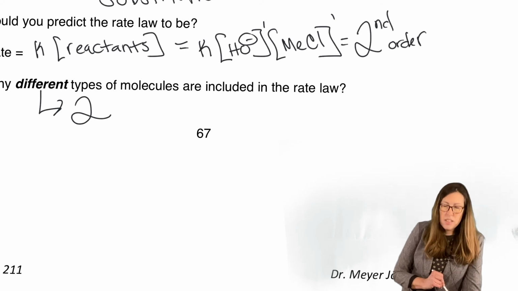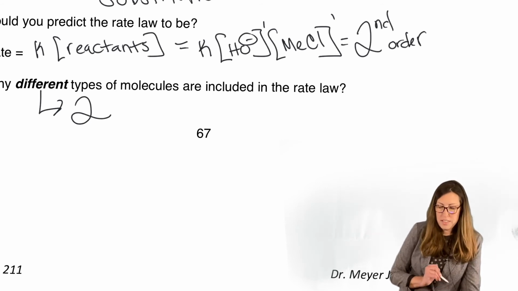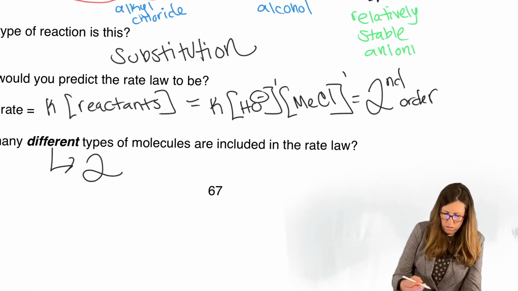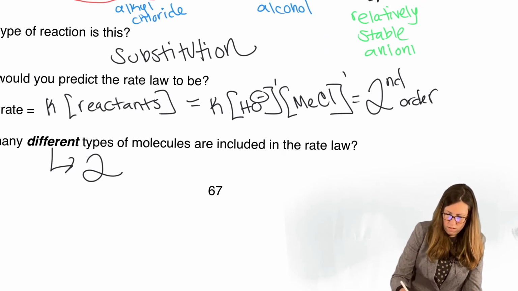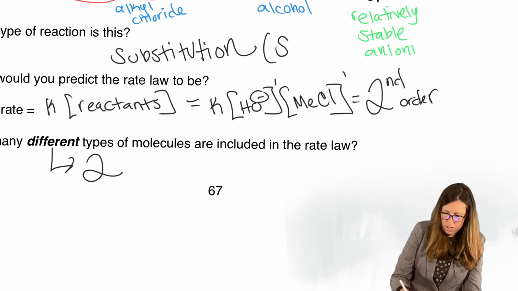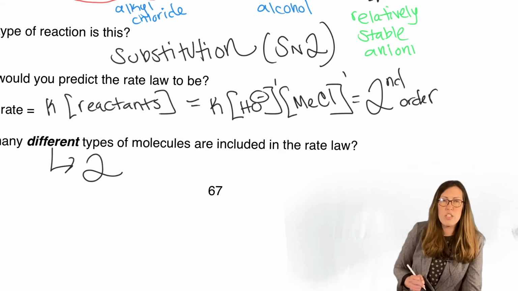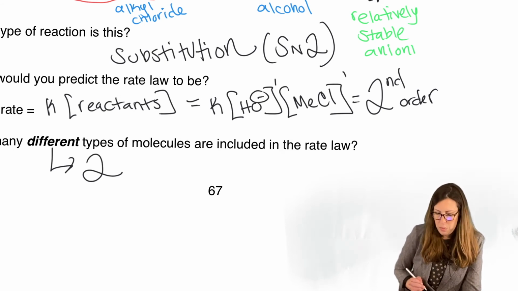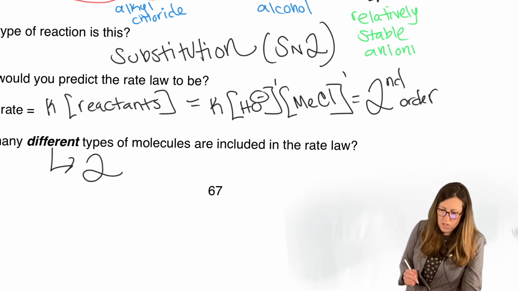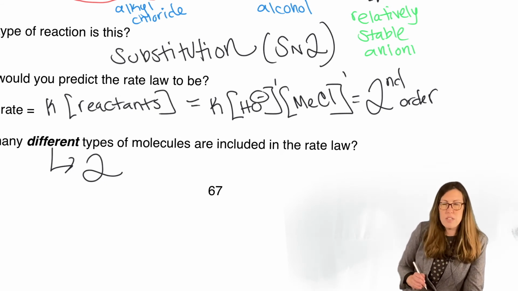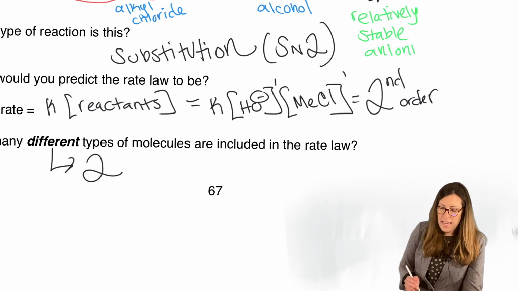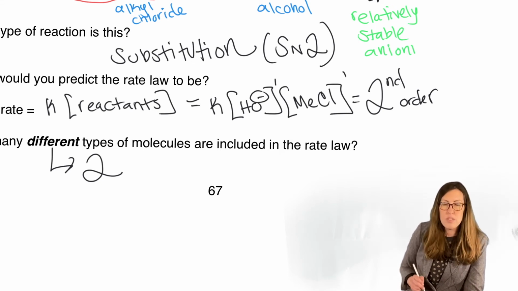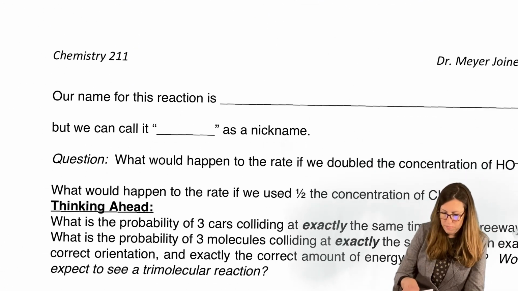Okay, so substitution. So far what we've learned is this substitution reaction is second order. We're going to write down SN2 as its nickname, substitution 2, second order substitution. I'm going to flesh that out on the next page, but just in case you went back to these notes, I wanted you to also see it here. Remember, it's a substitution because we traded one group out for another. And it's SN2, second order substitution, because it has two reactants participating at the same time.